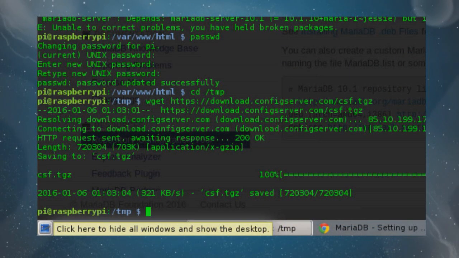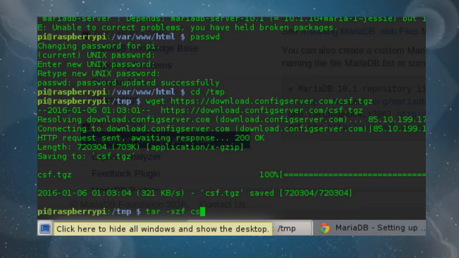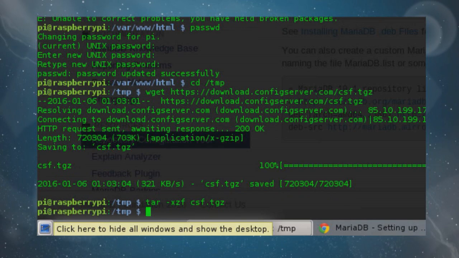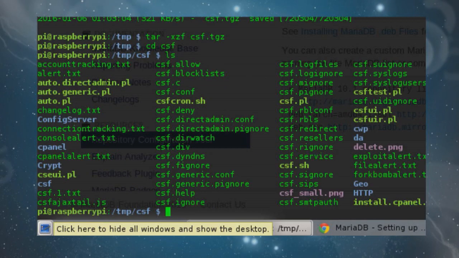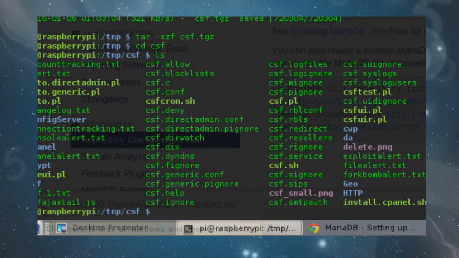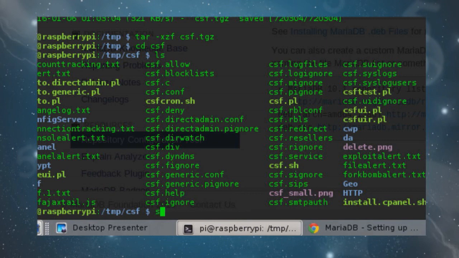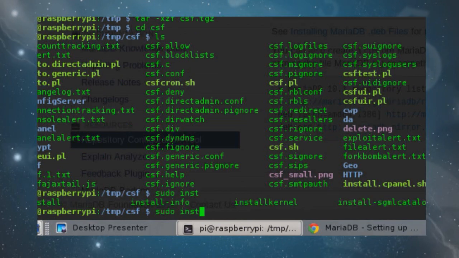Now that I've downloaded that tar file, we just need to untar it. So tar -xzf csf.tgz is going to extract it. Now I should have a folder called csf. There it is. Okay. In that folder, we're going to need to go sudo install